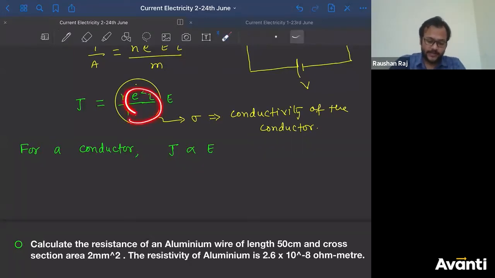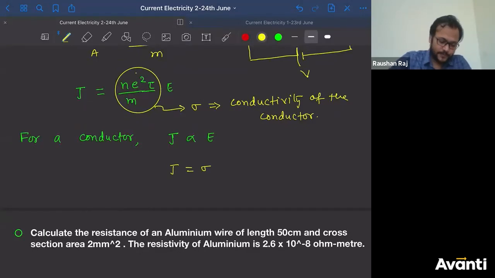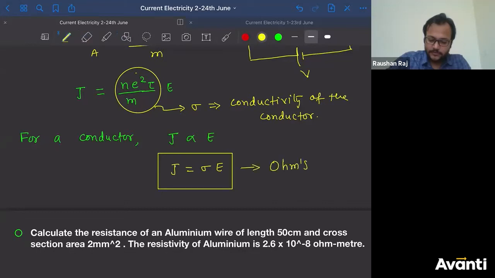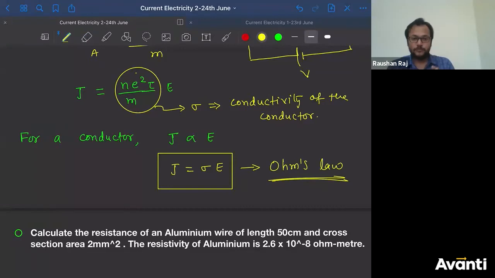So now I can say that J will be directly proportional to E. So now I'll write this as J is equal to sigma into E. This equation or this relation is also called as Ohm's law. इसको भी क्या बोलते हैं हम लोग? Ohm's law. This is one of the forms of Ohm's law. ठीक है बच्चा लोग, कभी कभी in objective questions they will not write V is equal to IR and they will ask you which one of the equations represents Ohm's law, and they'll use this equation instead of using this.